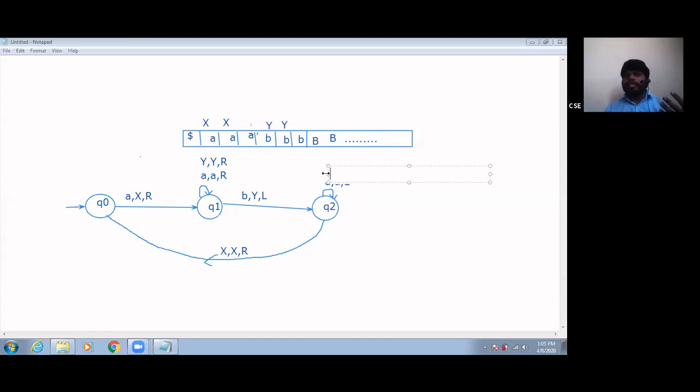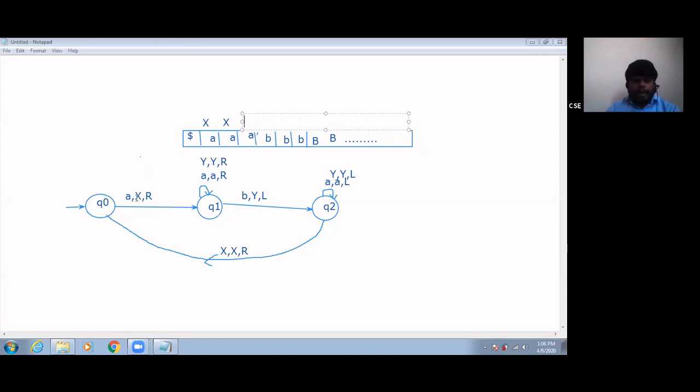So what is my approach here? Y comma Y, you need to move left-hand side. For any number of Y's also, you have to move left-hand side. And similarly, for any number of A's, you are moving left-hand side. Whenever you encounter X, you make it X, and you are moving right-hand side. Now you have to repeat for the third A.